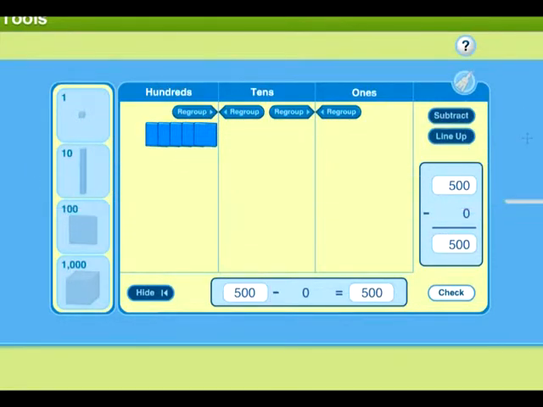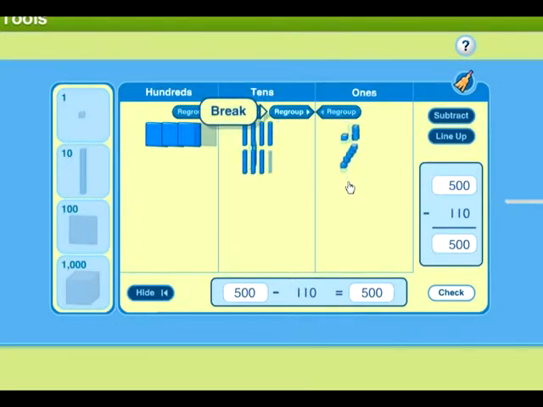So this is how it works. I'm going to take my 100 and I'm going to regroup it, and I'm going to make it into tens. And then I'm going to take one of those tens and I'm going to regroup it and make it into 1s. Now to do my problem, if I took 500 minus 110, that would work, but we want to take away